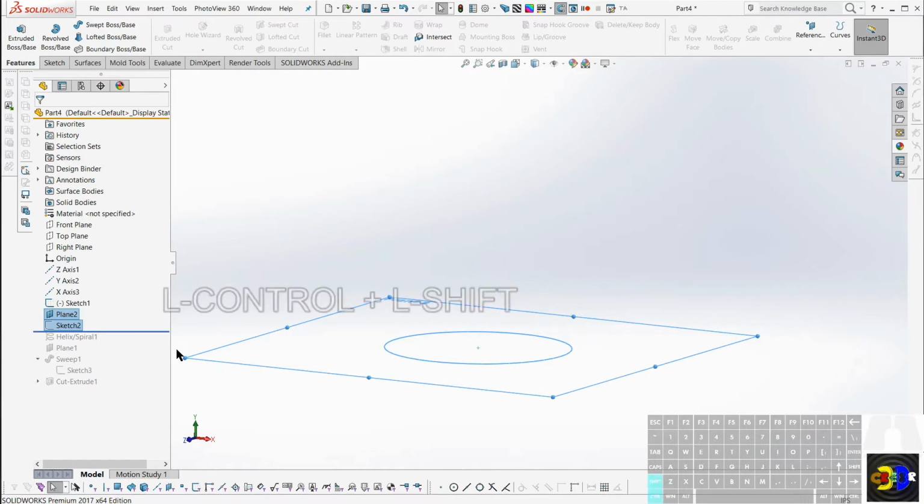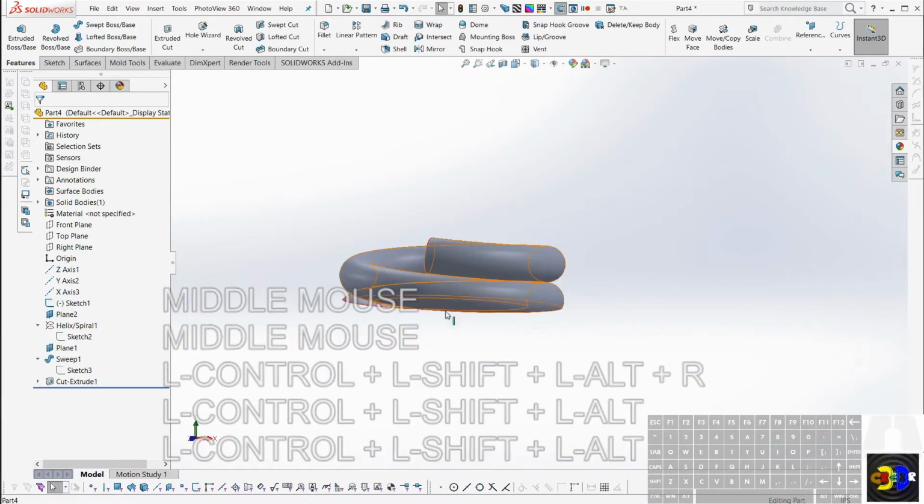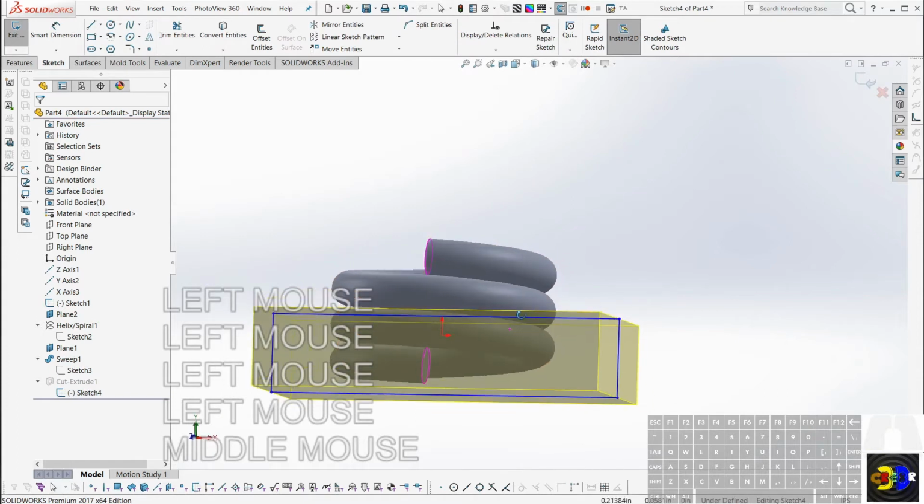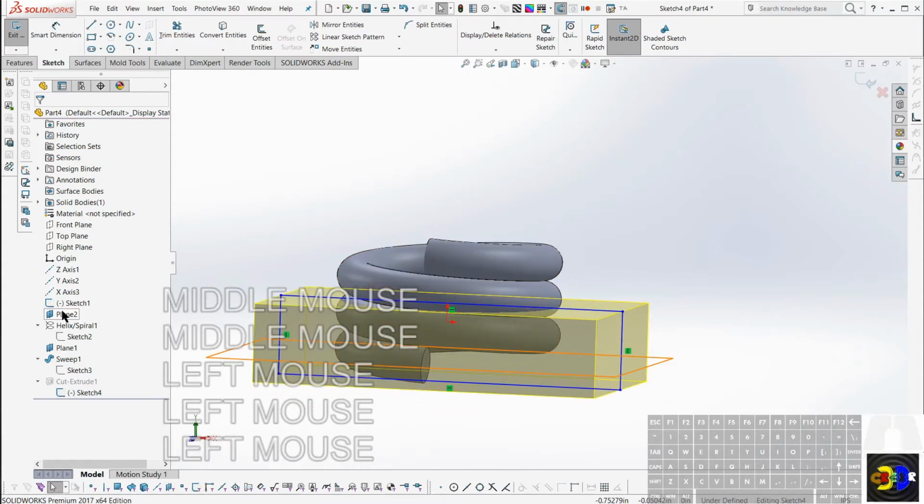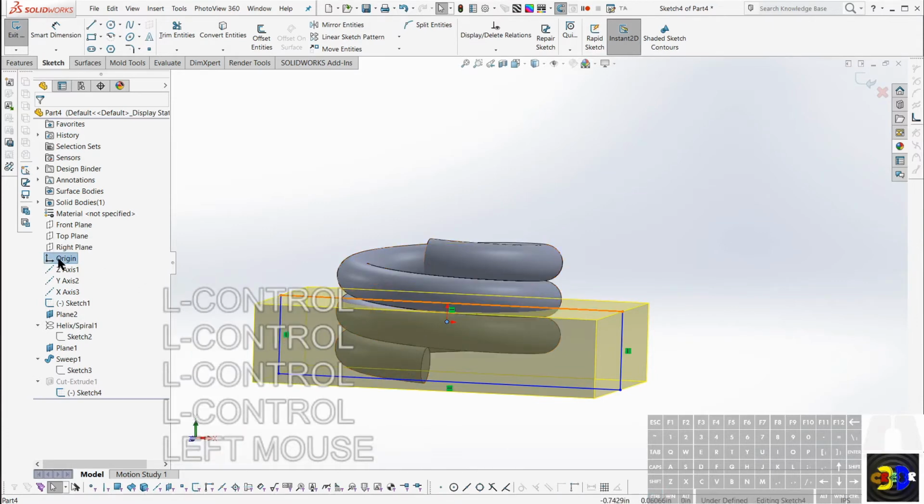That would be Control-Shift-Alt-R, roll to the end, and I need to correct this because I want this to be right at the top plane, which would match the origin. So select the origin in the tree,